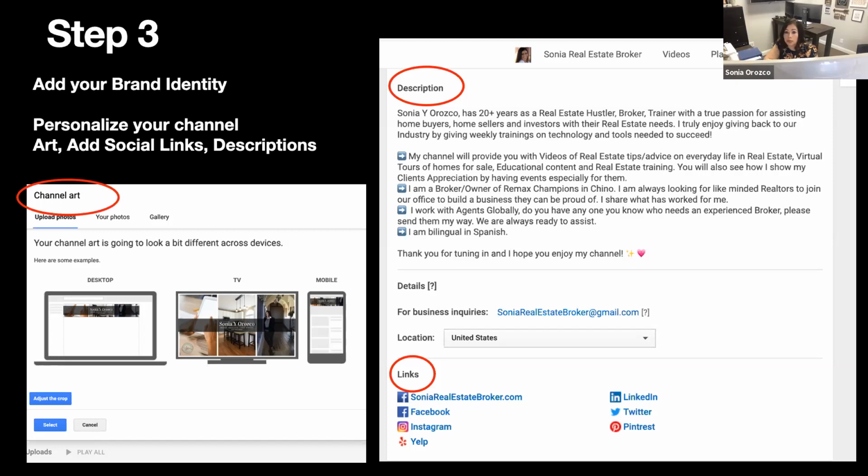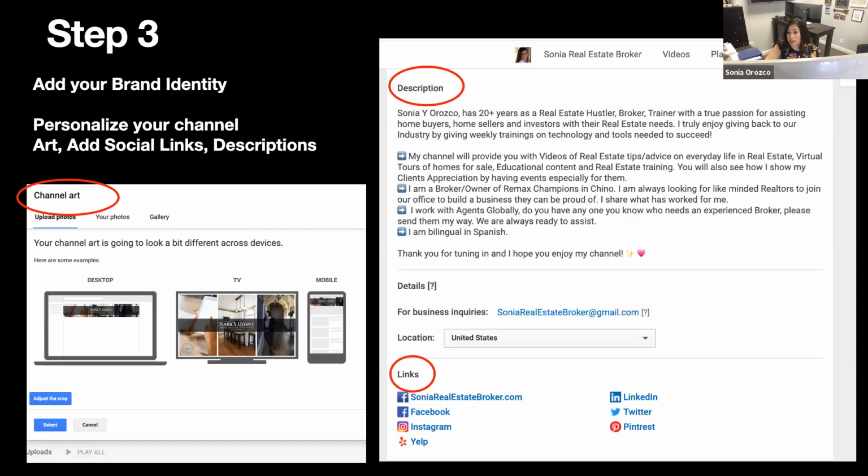Like I said, if you do something else, let's say you sell stuff on Etsy or whatever you do, you can put the link there and they can easily get to it as well. So that's a benefit. Again, you want to make sure that you're completing your profile as much as possible, because the more complete it is, the more likely someone will work with you, as opposed to it being half done. So they're just going to skip on to the next thing if they were looking to work with you.